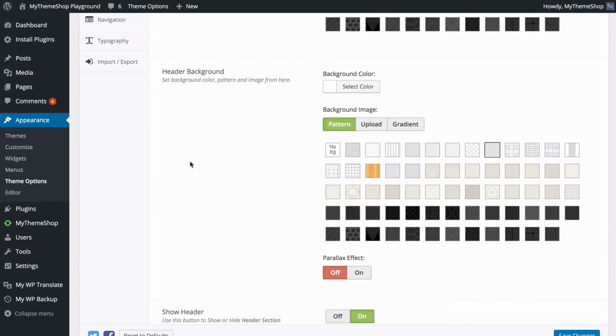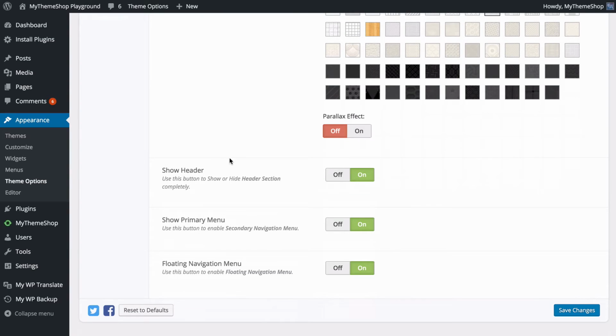I'm just going to go with the same pattern as before, as with the backgrounds, just for a little bit of consistency there. You also have the option, if you would like, to disable the entire header section. You also have the option to show or hide the navigation menu and choose whether your navigation menu is a